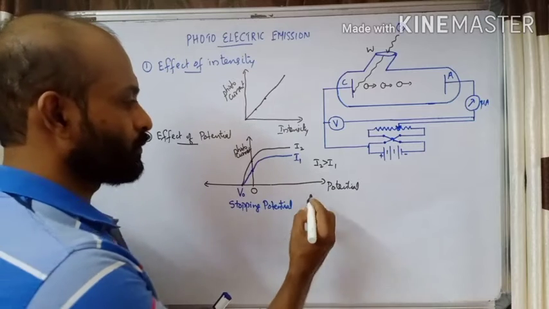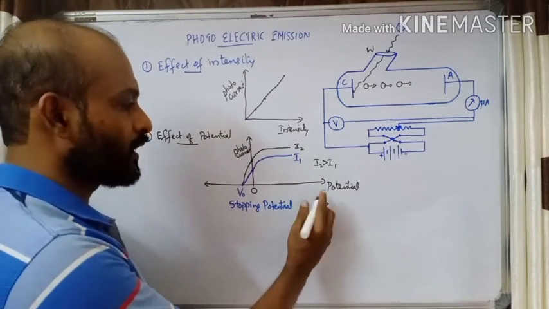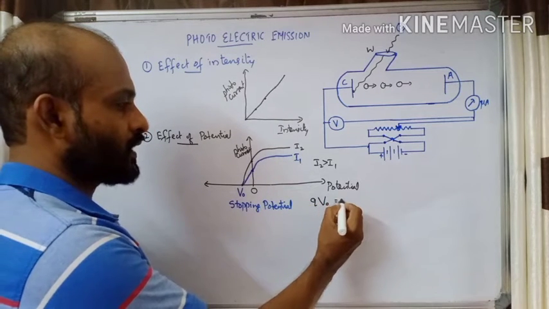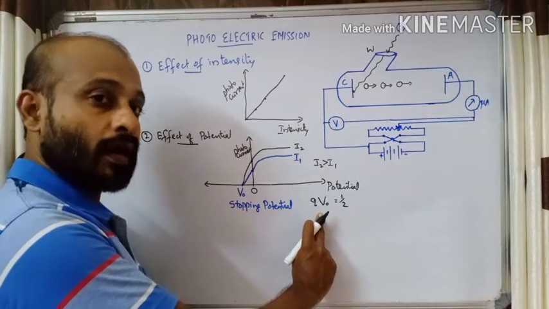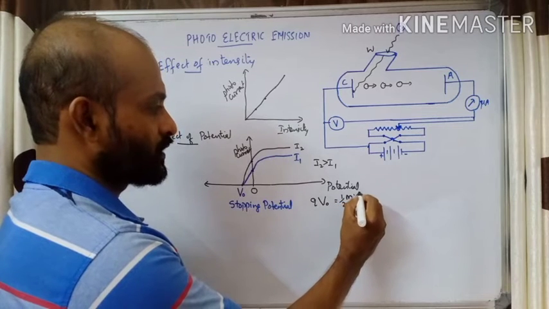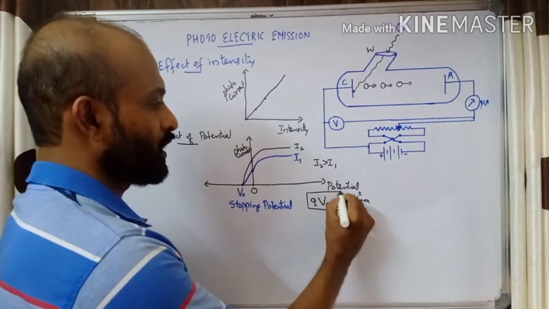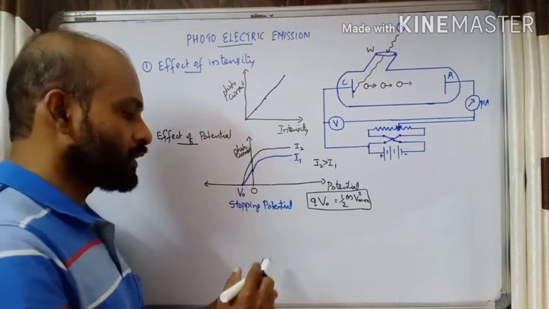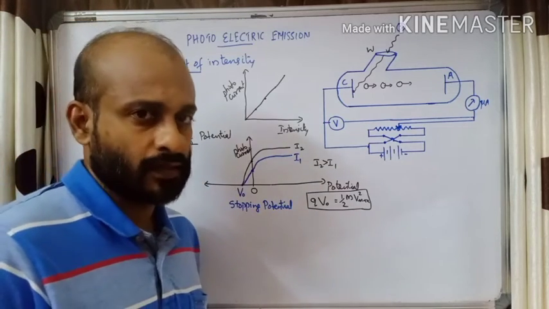Now we have talked about the stopping potential. If V0 is the stopping potential, what is the energy corresponding to the stopping potential? If you multiply by the charge of the electron, Q, it will be energy. It is used to stop electrons of even the largest kinetic energy. We can use the relation: e V0 is equal to half m v square max. V0 is called the stopping potential, Q is the charge of the particle, and this is the maximum kinetic energy of the electrons emitted.